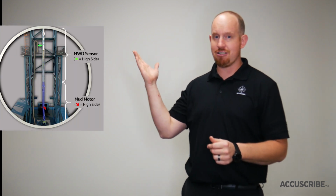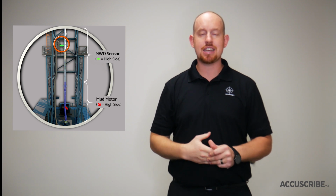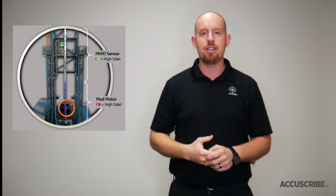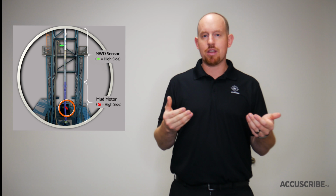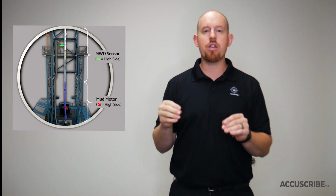Now, in an external offset, they're going to put this earplug and dip it in some grease and stick it to the MWD high side. You'll see that in the green arrow here. Then they're going to hoist up and go to the mud motor high side indicated by the red arrow. Then they're going to evaluate with a tape measure and some line of sight where those are in